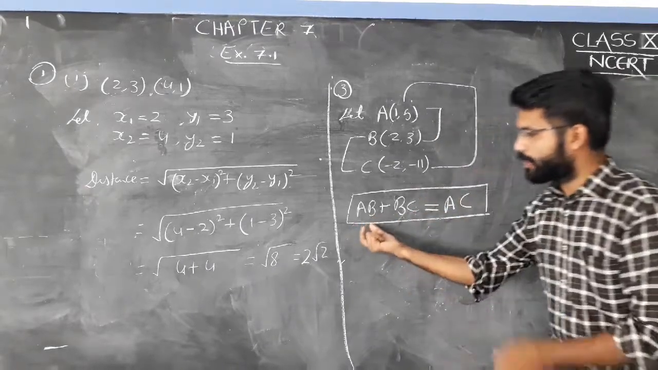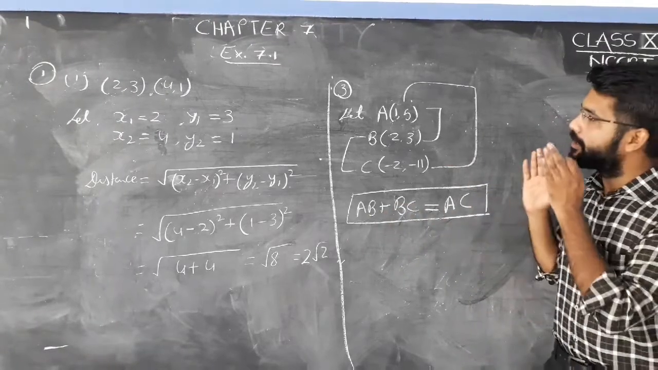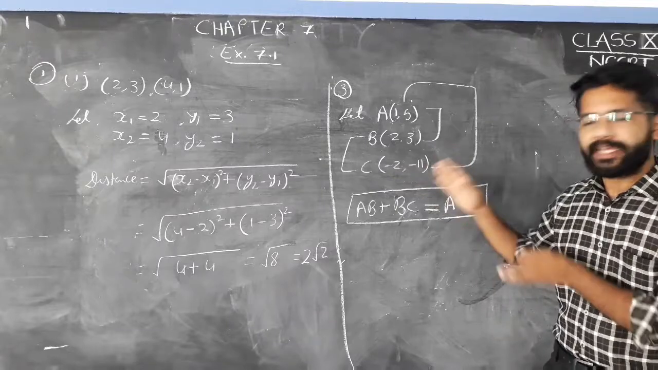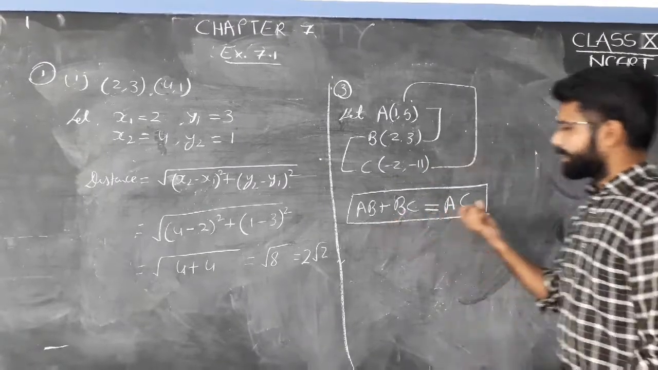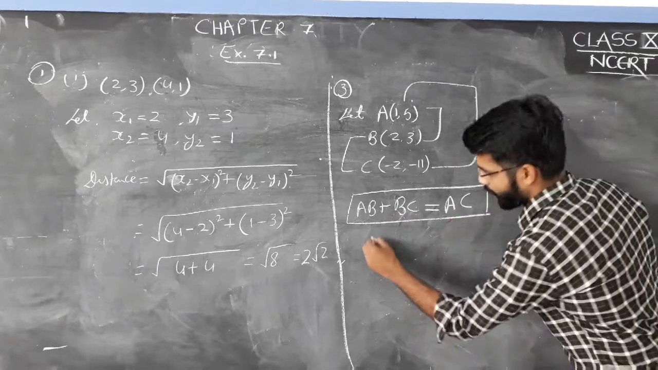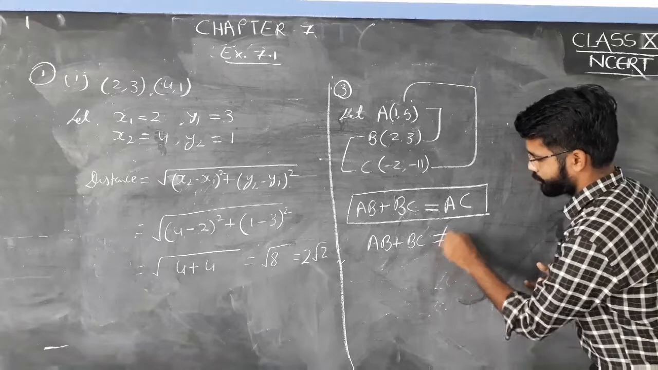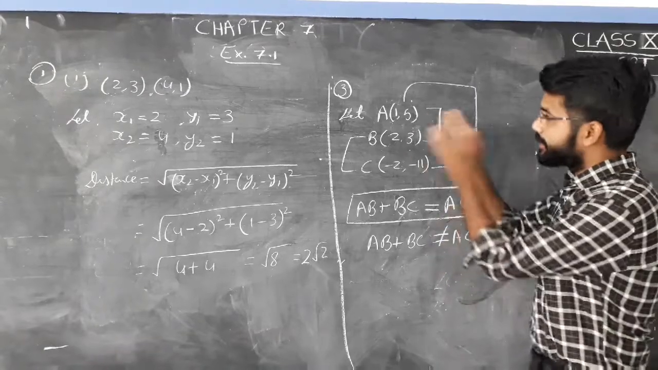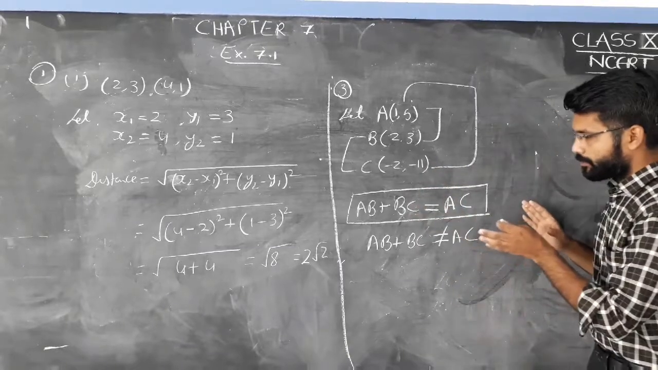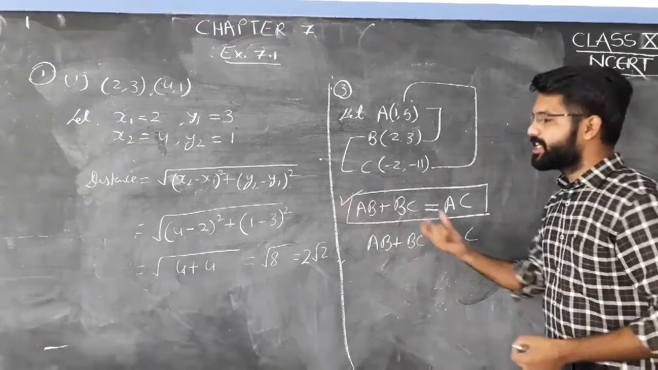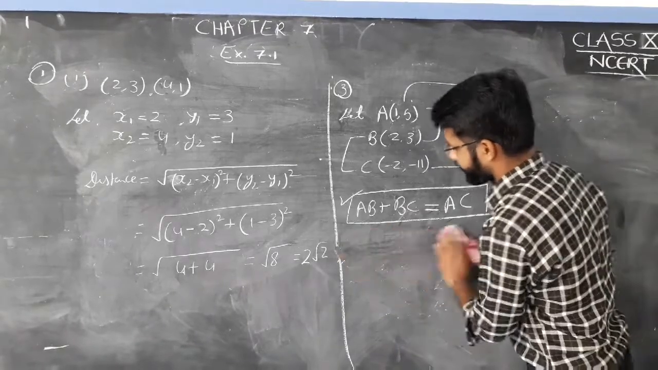If you get the sum of AB plus BC equal to the value of AC, then you can say yes, these are collinear. If you are not getting the sum of AB and BC equal to AC, if you are getting the condition AB plus BC not equal to AC, then you can say these are not collinear. Okay. So this is the condition for collinearity. So solve this question and